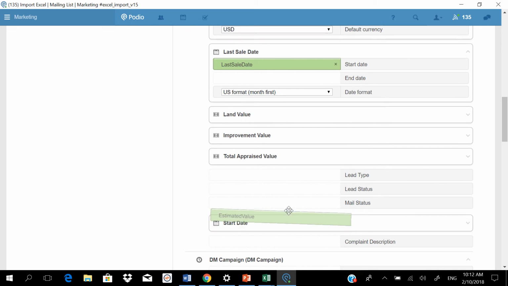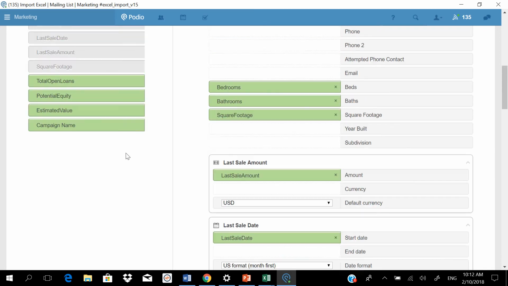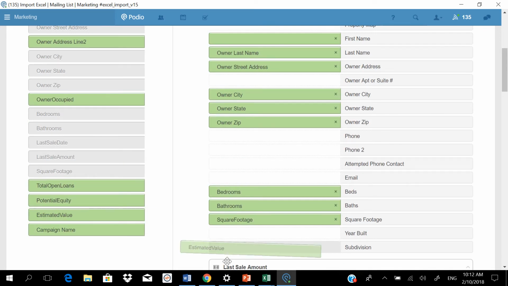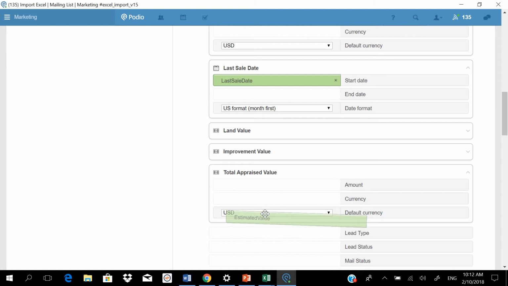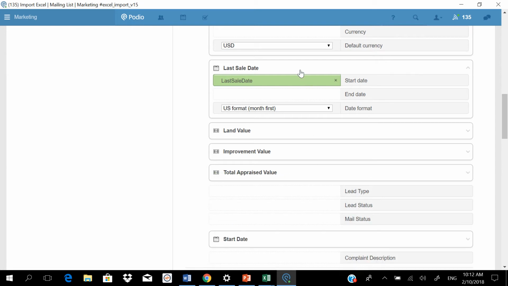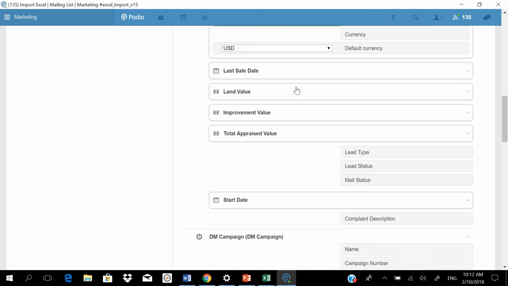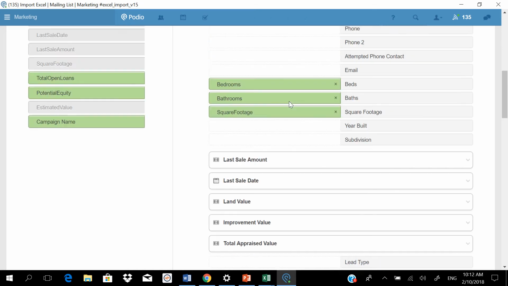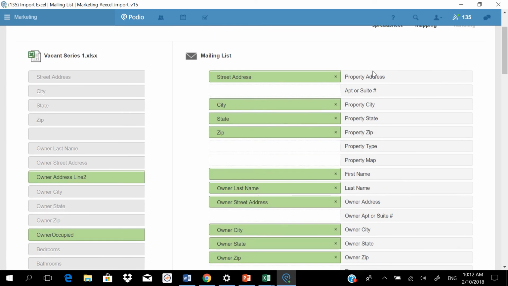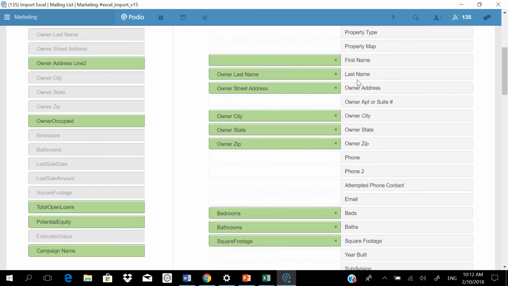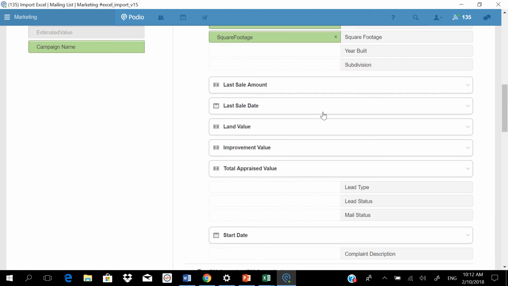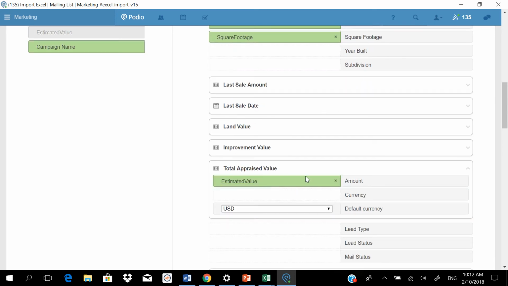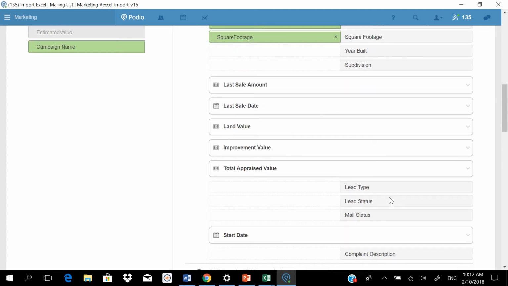All right, and let's see. It's not going to let me do it. There we go. I got to open this up. There we go. So estimated value, we'll drag this down, and we're going to drop that in. All right. Now we can close all these. That's really nice about this field mapping with Podio as well, is that we can actually minimize any sections after the main one. The other thing that we really want to look at, okay, is we're going to close this,